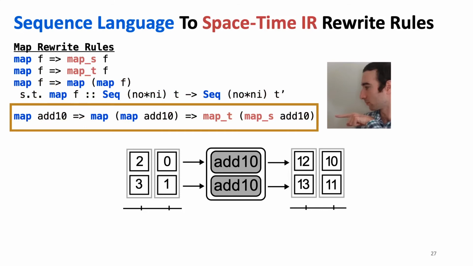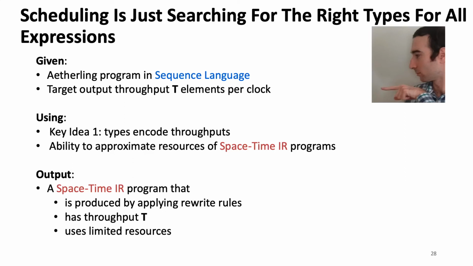Overall, Aetherling's rewrite rules are pretty simple. Most sequence language operators just have these three rules for fully parallel and fully sequential circuits along with nesting. Different choices of rewrite rules correspond to mapping a sequence language program to different circuits with different resource requirements. The last piece of Aetherling is a scheduler that selects rewrite rules to automatically compile programs from the sequence language